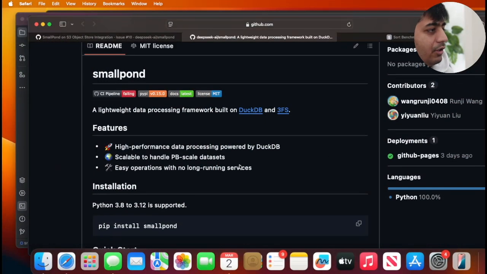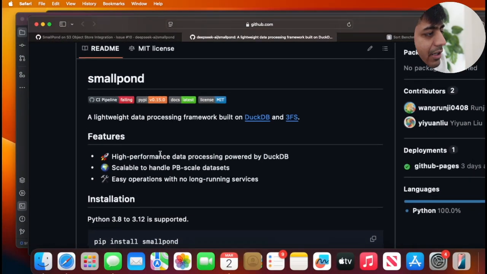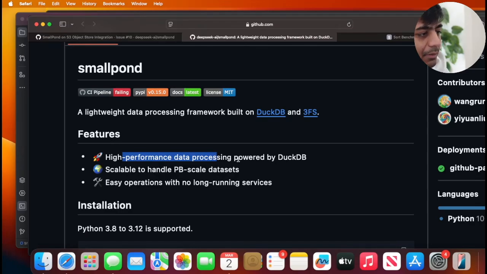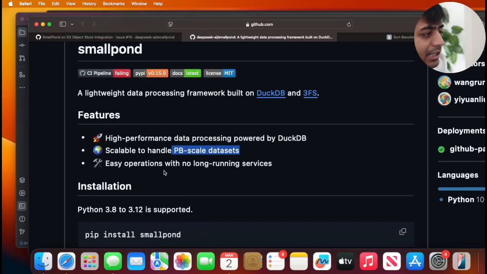You may have heard recently about SmallPond. SmallPond is a lightweight data processing framework built on top of DuckDB and 3FS, which was very recently announced by DeepSeek AI, and it is really a big deal. So this is the official GitHub repository. It's high-performance data processing powered by DuckDB, scalable to handle petabyte-scale datasets, easy operation with no long-running